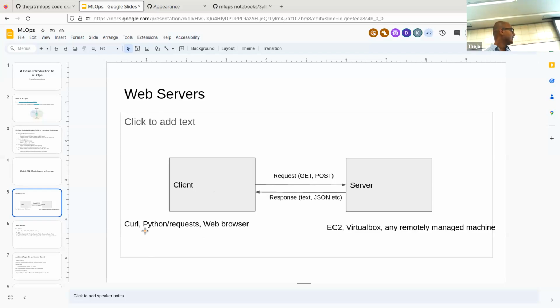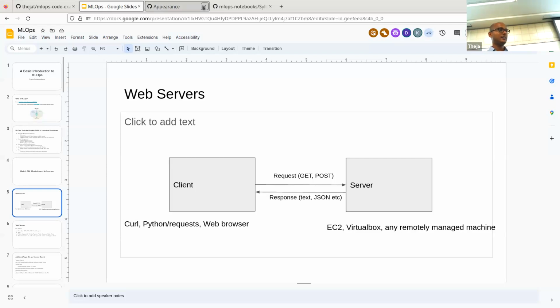So on the client side, there are many programs actually. For example, Macs and Linux machines come with a program called curl. If not, you can install it. Obviously, Windows has different programs, but if you are on Windows and in Windows Subsystem for Linux, then you can also use curl. Curl is a way to, from the command line, go to a URL and fetch whatever the URL is giving you, information. Right? Every web page that you open on your browser, when you type whatever URL,